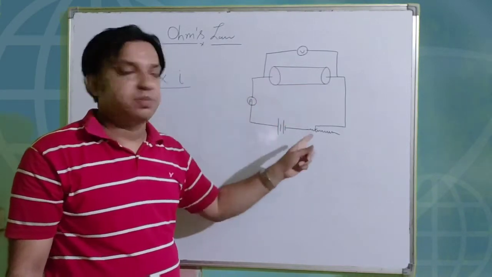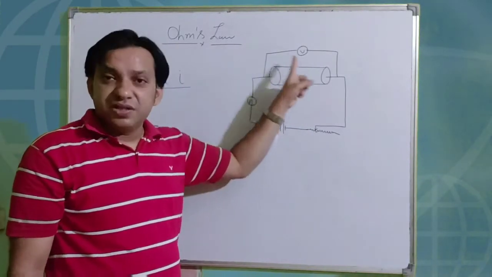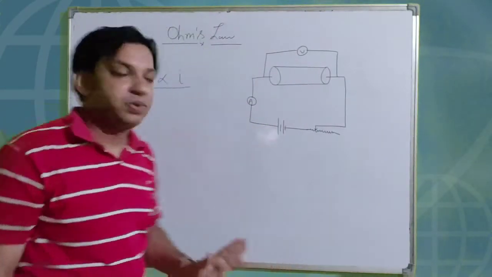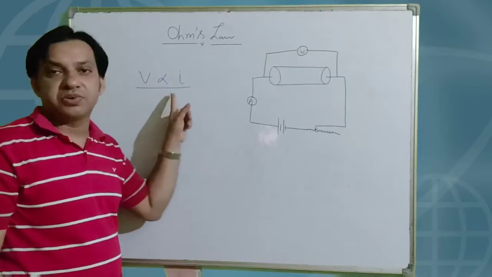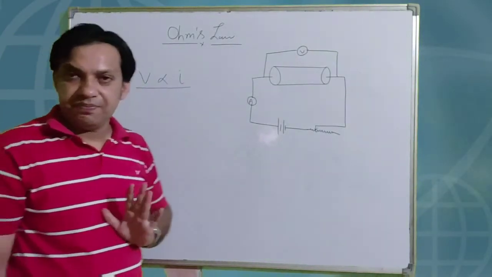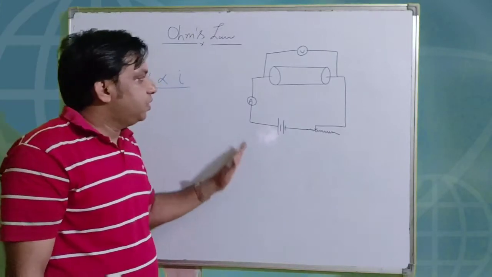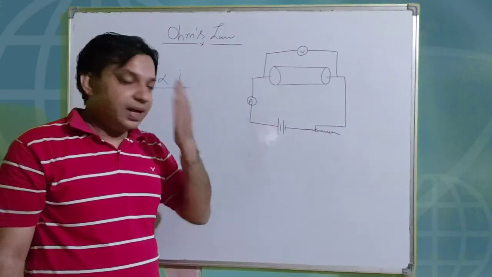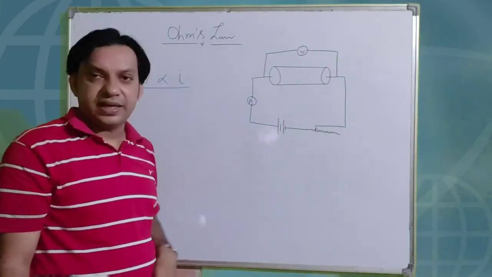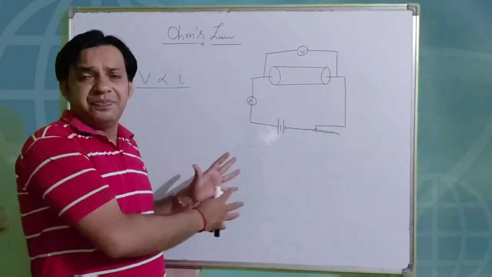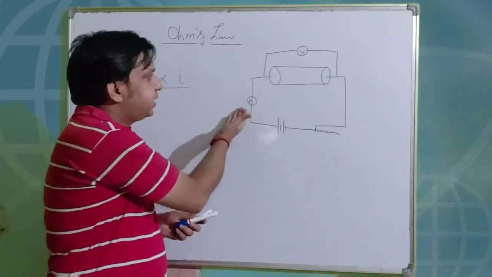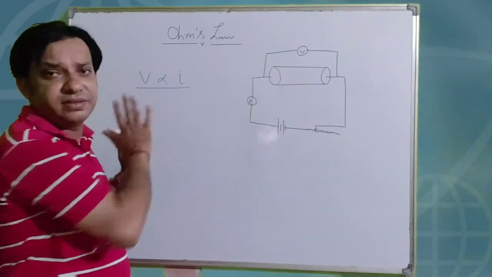If the physical parameter of the conductor is constant, then the current flowing through the conductor is directly proportional to the potential difference applied across it, and mathematically you can write V is directly proportional to I. Right? That means I is directly related with the V. So this is your Ohm's law, and by taking this activity, you are simply changing the regulator position, taking the readings of these two, and finding this relation.